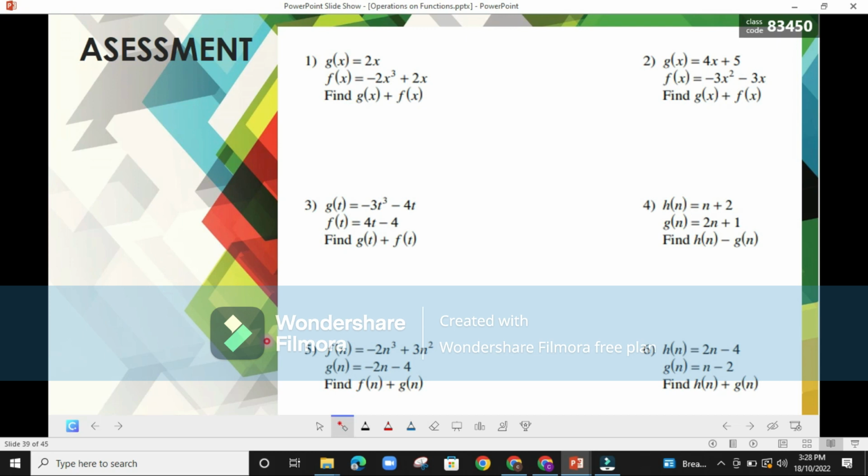You are going to answer this in your activity notebook. Okay, so we have number 1, g of x is equal to 2x. F of x is equal to negative 2x cubed plus 2x. Then, find g of x plus f of x. Okay, for a moment,